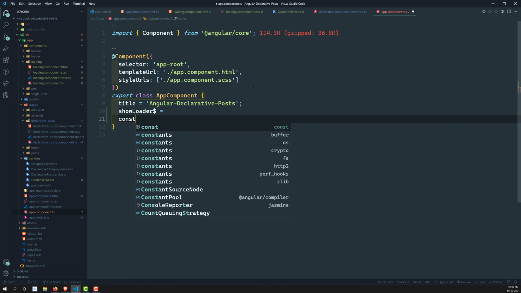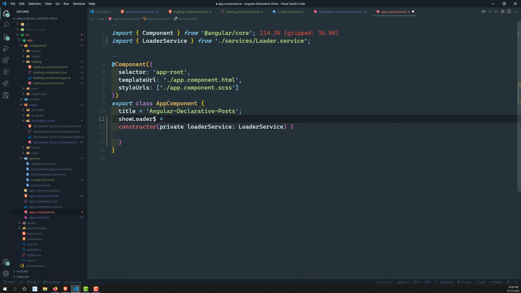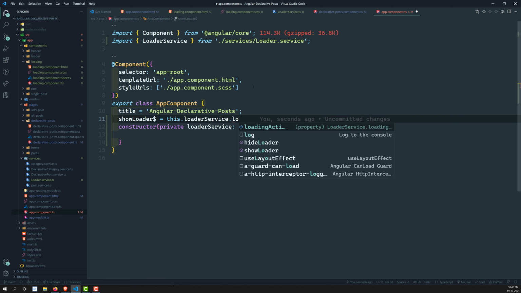Yeah, so now in this constructor we need to load the service: private loaderService equals, so I can take the loader service. That's it. Now showLoader will be this.loaderService.loadingAction, so you can take this loading action. That's it.